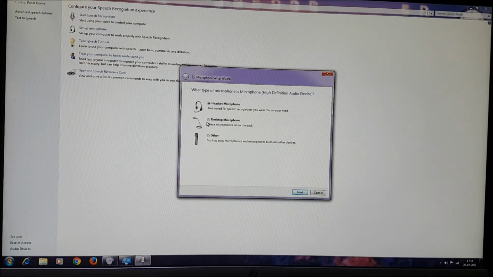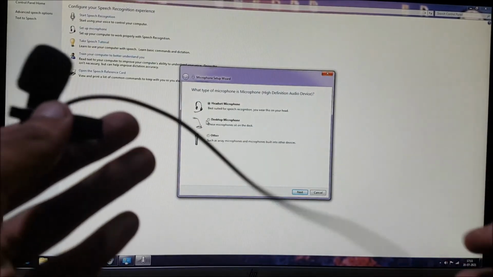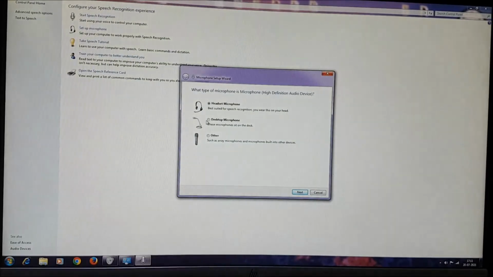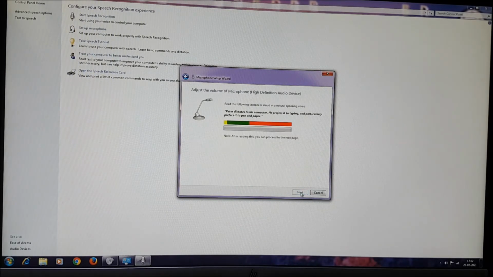As it is a desktop microphone, no matter whether you are using a wired one, as you can see this one is a wired one, or you are using any wireless one, that doesn't matter. All you need to do is just click on this desktop microphone here. Now you need to click on next here. Okay, so here it is now going to set up that. Okay, so after that you need to just click on next here, and here you need to read out this